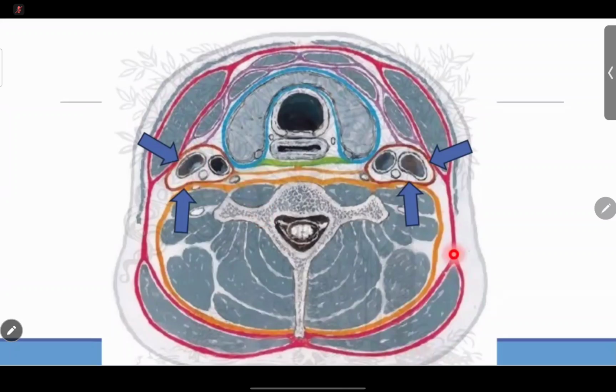Now that you know the different fascial layers, let's go to the different planes or potential spaces, because in between those layers, infection or tumors could spread. An example would be your retropharyngeal space. And any infection occurring in between your vertebra would be in the prevertebral space. So we have discussed that.